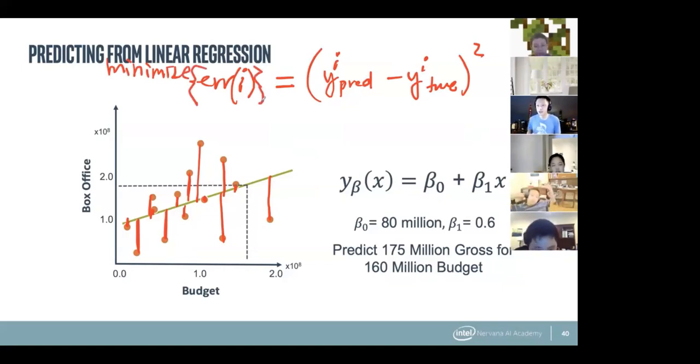Now, how do we do this? Does anyone have a way that we can rewrite this equation that'll make it very obvious how we want to minimize this error? And of course, we want to sum over all the i's so we can get rid of this. Does anyone want to suggest a way to rewrite this equation?